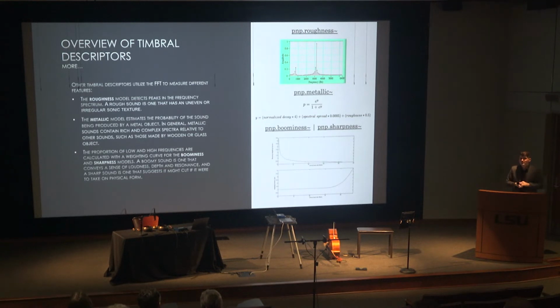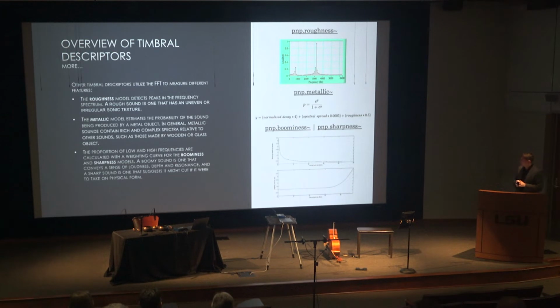For the boominess model, the weighting curve is at 4.5 for the first bin, so we want to retrieve information from lower bins more specifically as opposed to higher bins. So we multiply by a weighting curve which starts at 4.5, and ends up at 0 around 13,000